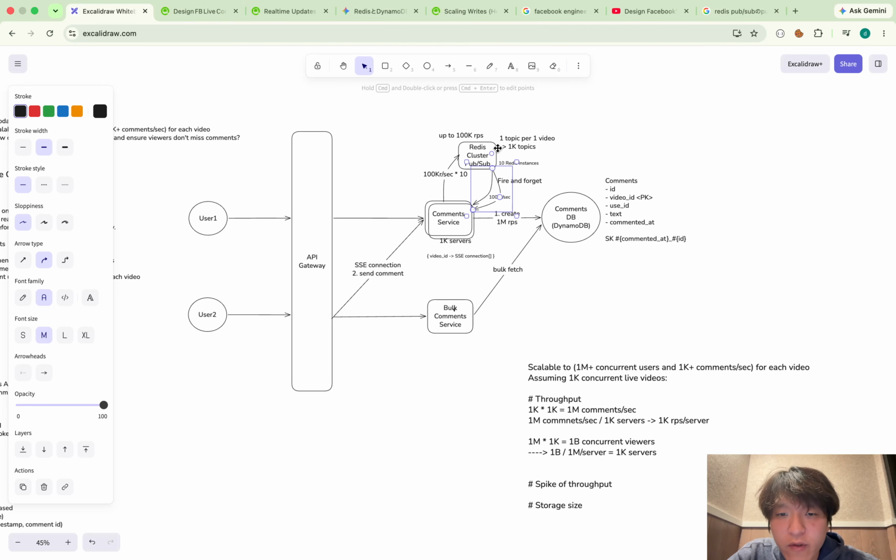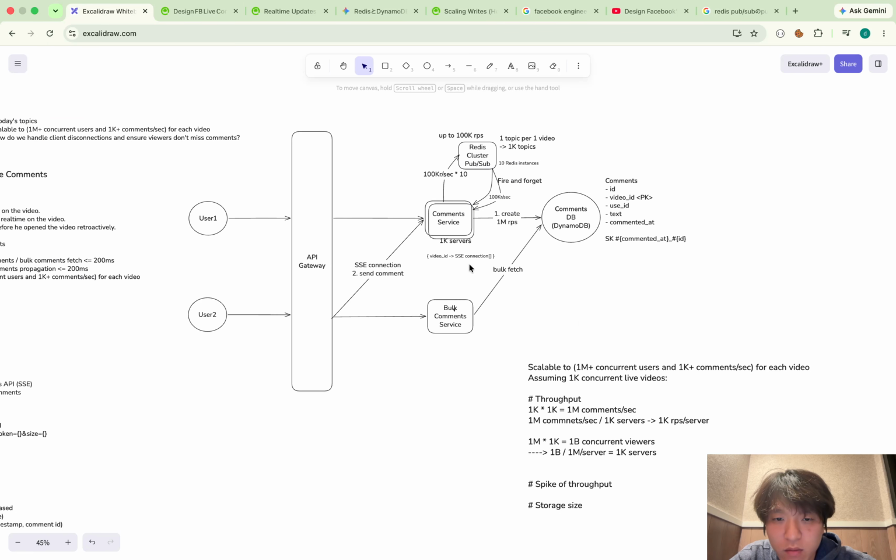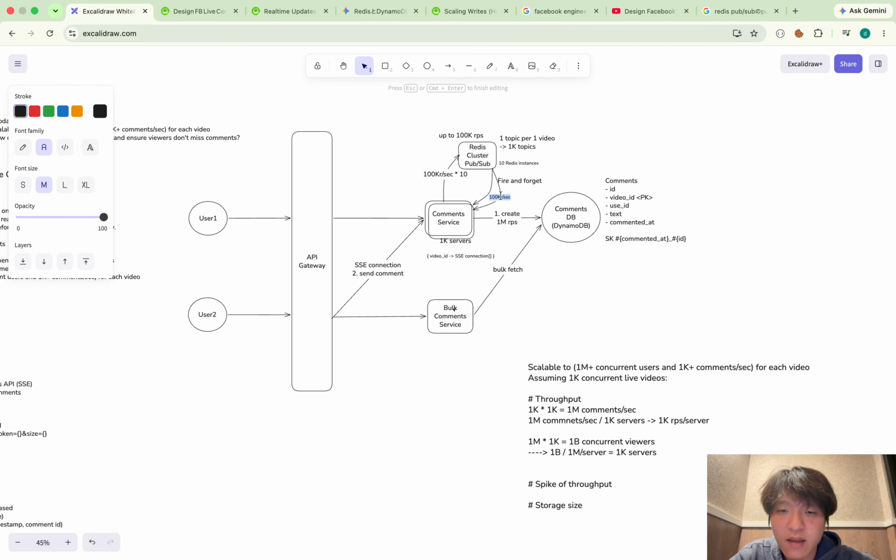So I introduced Redis Cluster pub sub here, and this is fine now. Each comment service is connected to up to 10 Redis instances, and for that connection, up to 100K messages to send.